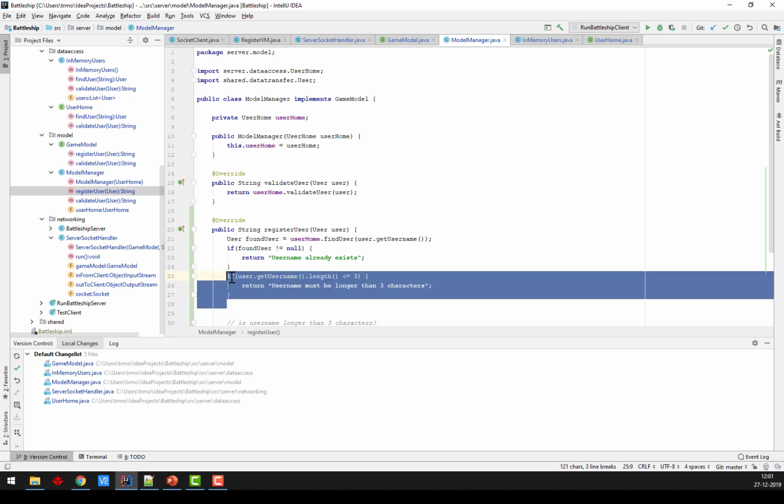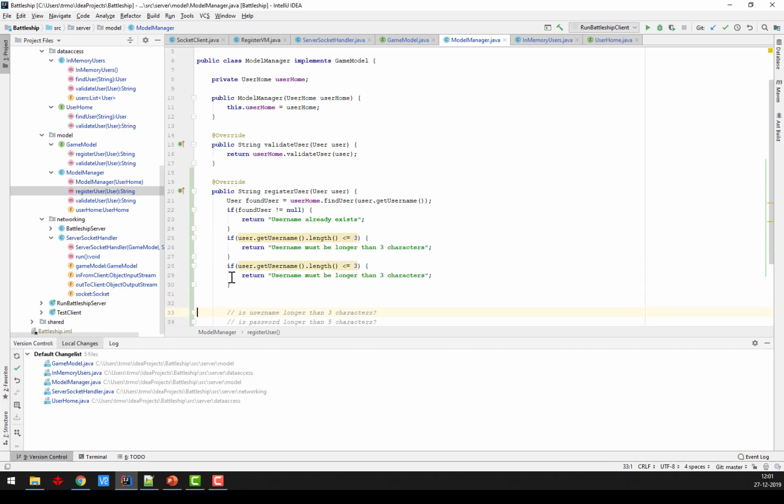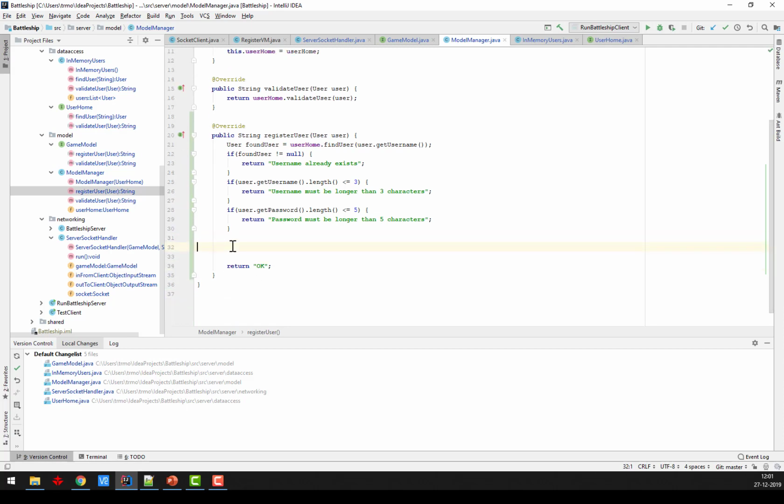We want to do the same thing with the password. Right, there was this one, and then the password, we'll just say password, and that must be longer than 5, and we say password. All right, so if I get to this point here, then I can actually create my user, put it